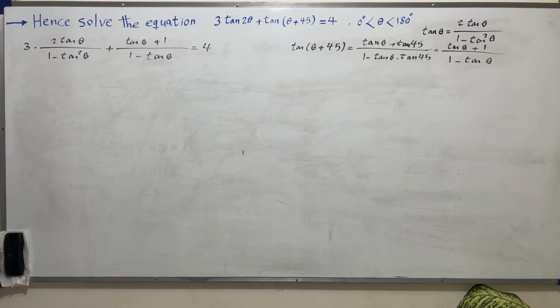Now let's attempt to express the left hand side in terms of tan θ as a single function. We use the technique of finding a common denominator. Multiply the numerator and denominator of the second fraction by 1 plus tan θ. Then we have